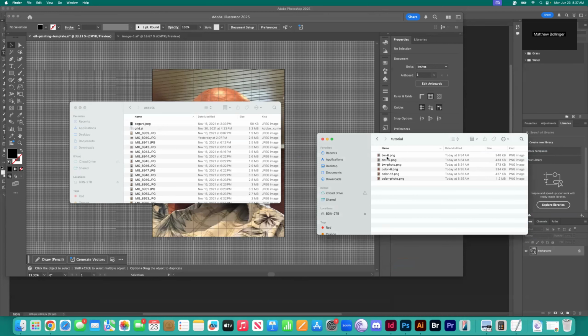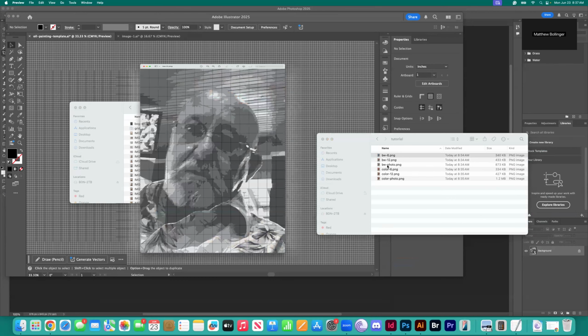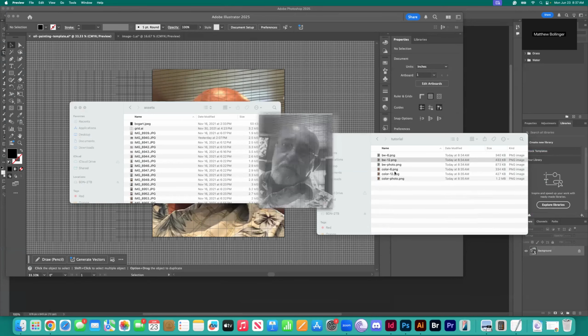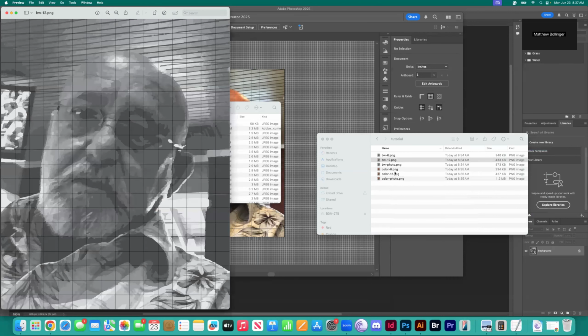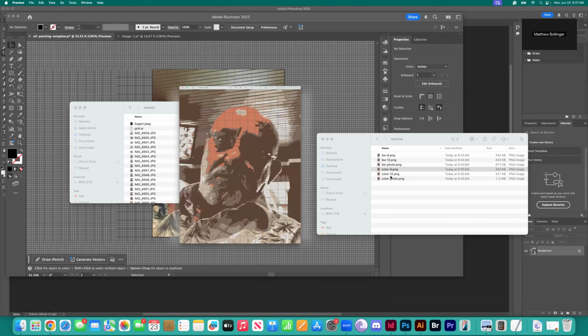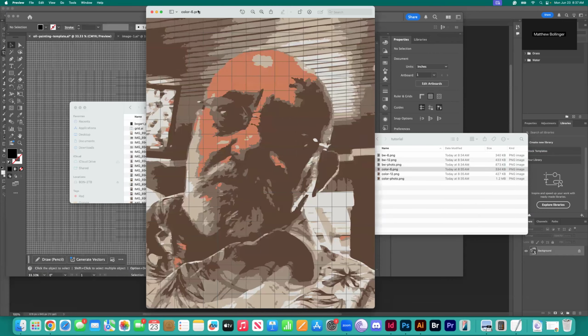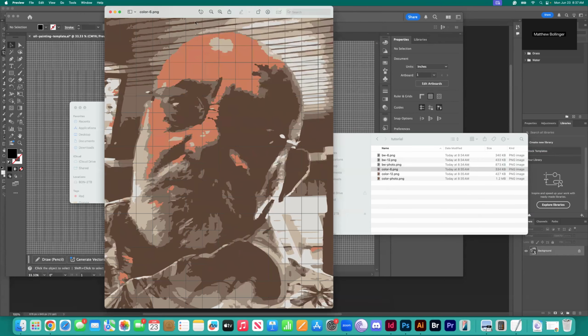There we go. So now everything is together so that we can find it really easily. BW6, BW12, BW photo, color 6. And by the way, I'm just going to zoom in on one of these so that you can